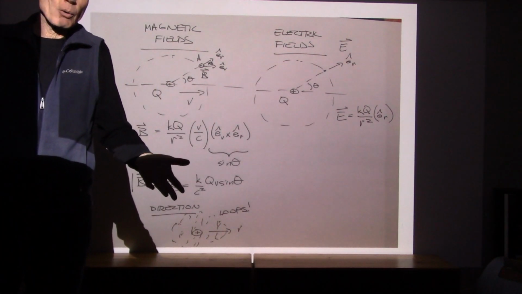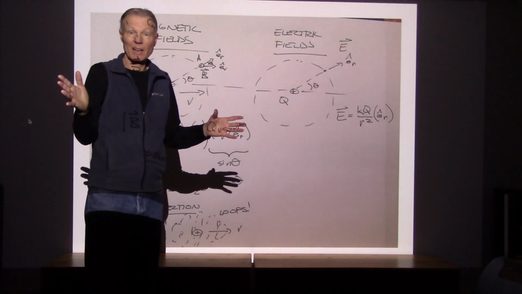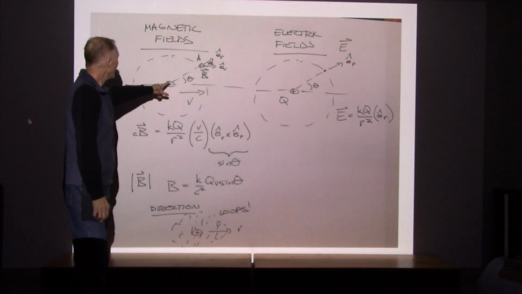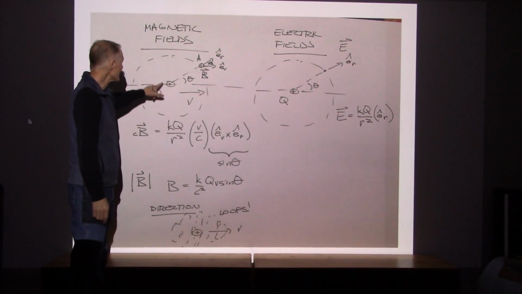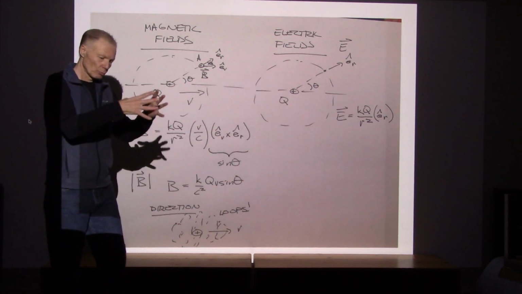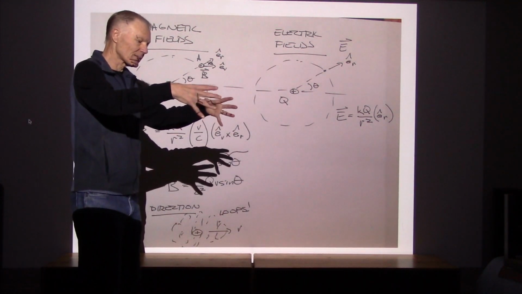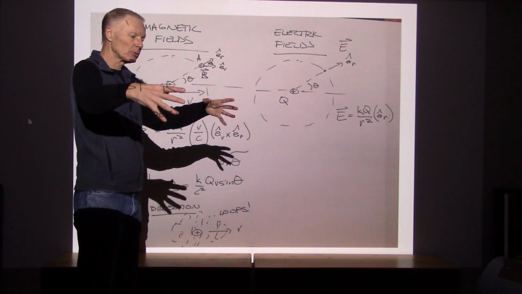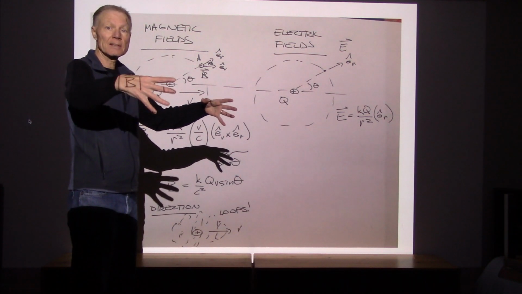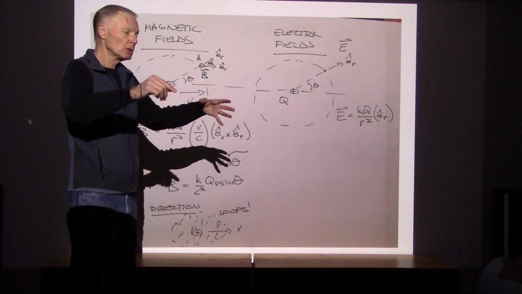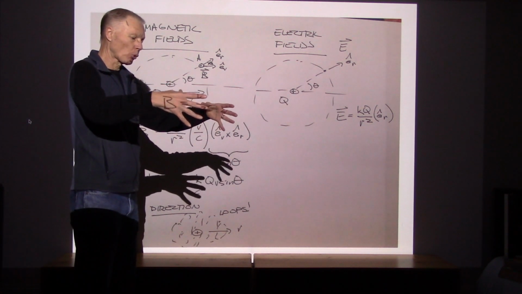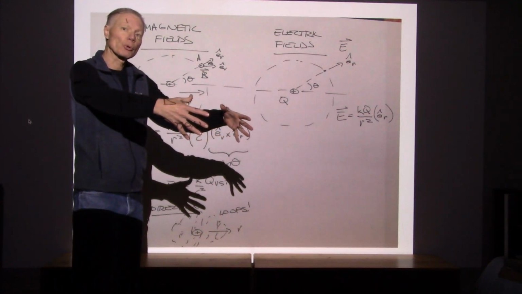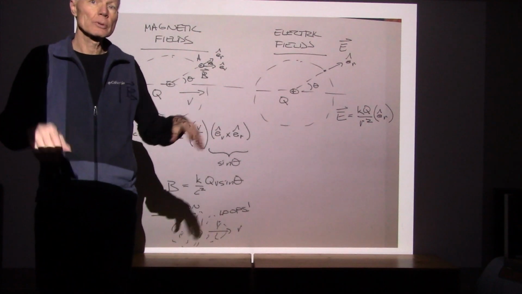Now we talked a bit about how electric and magnetic fields propagate at a finite speed. They propagate also at the speed of light. And that says that the instantaneous effect of the charge right here will create an influence that spreads out at the speed of light. And as that influence spreads out, it's a done deal. It's independent of what the charge does in the future. So once the charge has generated that portion of the field, it moves on to the next location and then generates the next portion of the field that will propagate outwards. Okay,